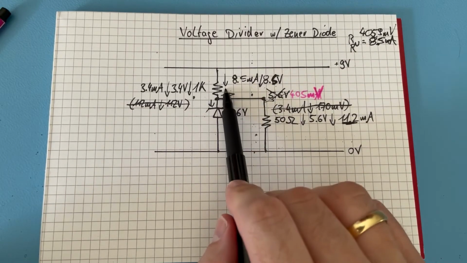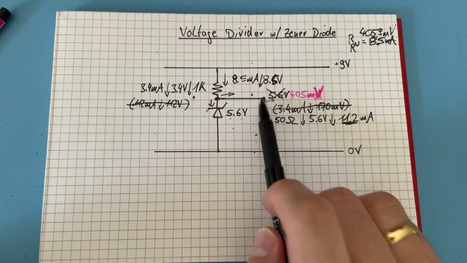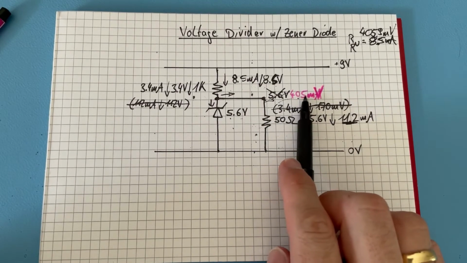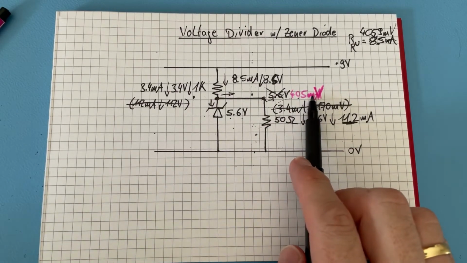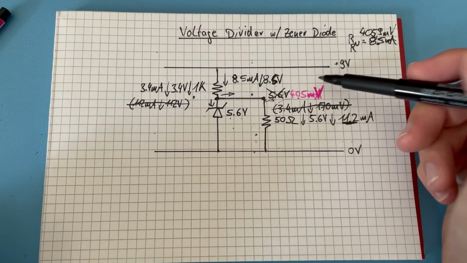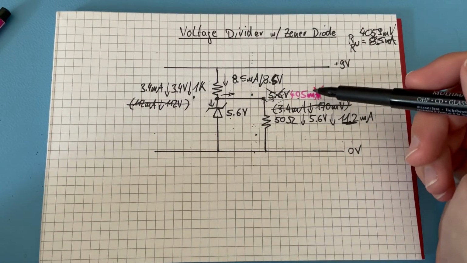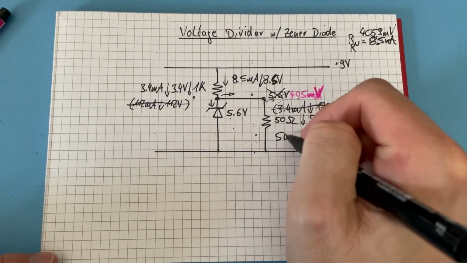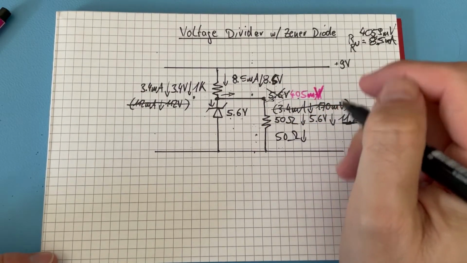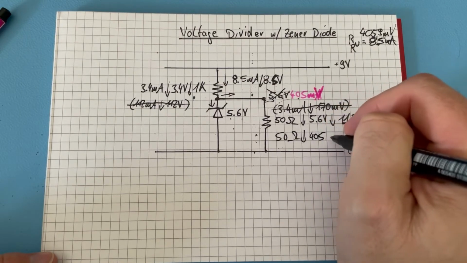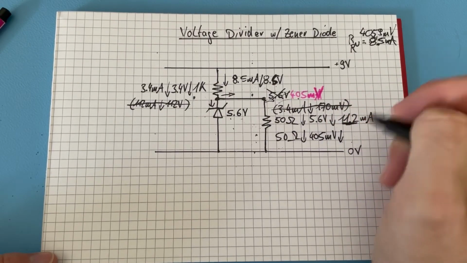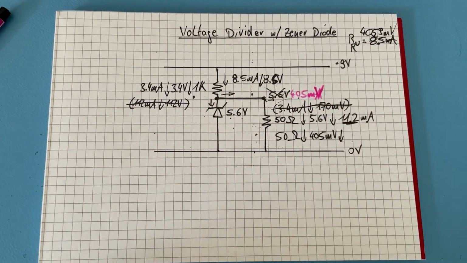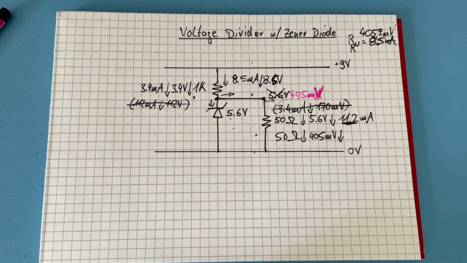So if we drop this 8.6, then we end up with this 400 millivolt here. And then if we calculate roughly with this 400 millivolt across the 50 ohm resistor, let's say 405 millivolts across here,